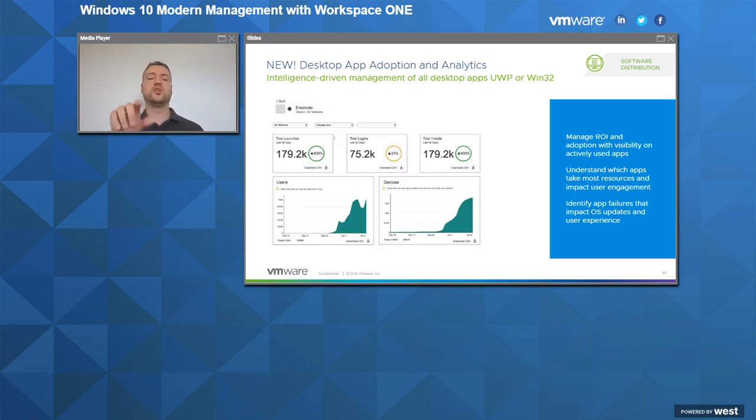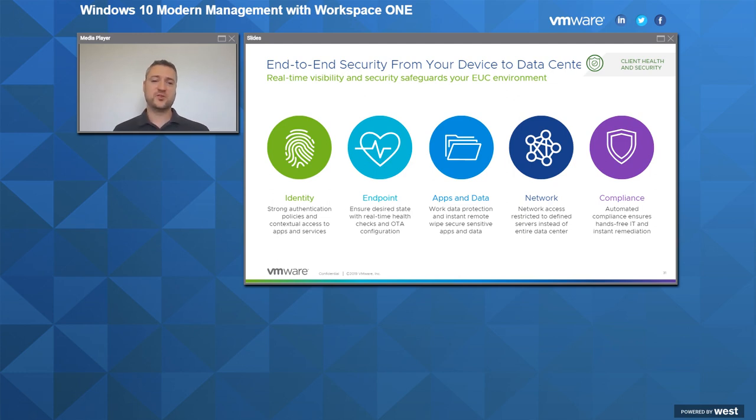And then using Intelligence, you can dive in and deep dive into individual devices. You can have an overview of which of your devices are currently enrolled, which ones have the updates. You can have a look at applications as well. You can have a look at application launches. One of the key issues we've tended to see in the past is that when you roll out a new application to a group of users, you would like to know how widely used that application is. You'd like to know application adoption, and you can see that through this platform because with Intelligence we have that visibility, because of the unique location and the unique place that Workspace ONE has as a platform in the organization. So you have end-to-end security and end-to-end visibility.